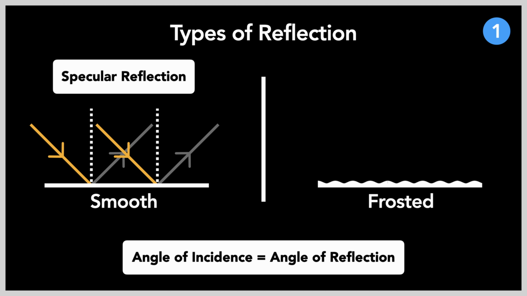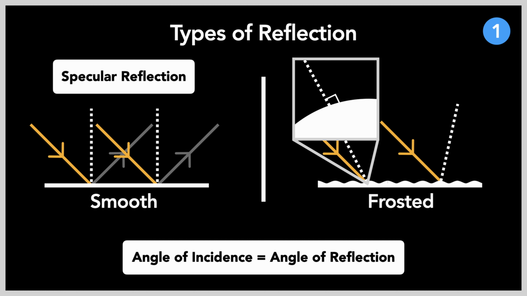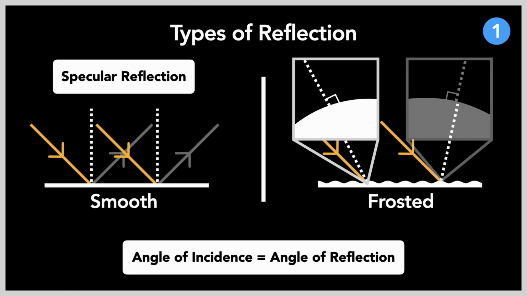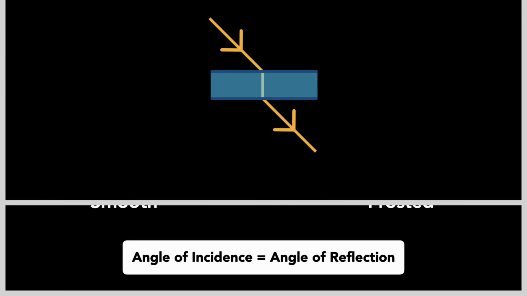Other surfaces, such as a frosted window pane, are relatively rough at a microscopic level, meaning that the boundary is a jungle of peaks and valleys. Since the normal is always perpendicular to the surface, the normals will point in different directions because of the rough, uneven plane. For example, 90 degrees at this point is inclined differently relative to 90 degrees at this other point. Thus, the reflected light rays will also point in different directions, leading to an image that is usually just a blob of light. We call this scattered reflection.